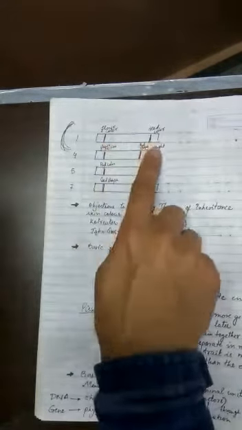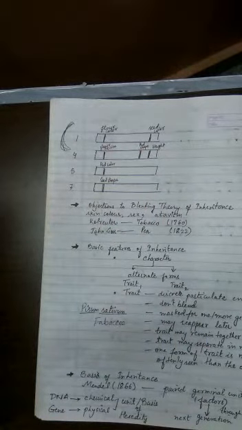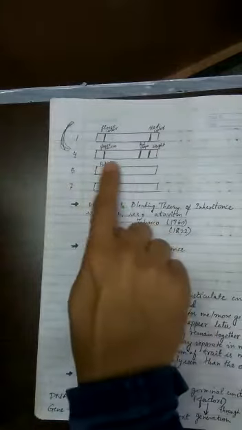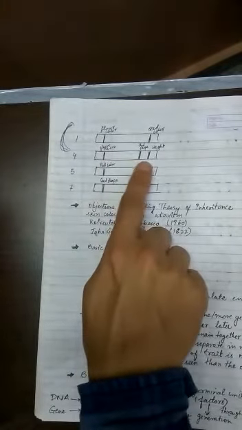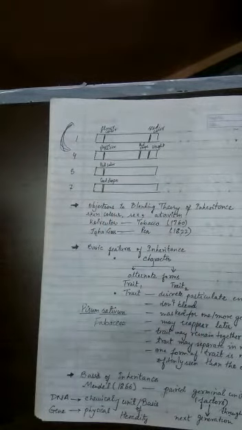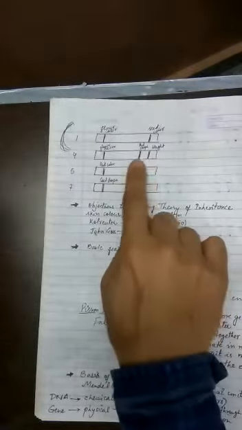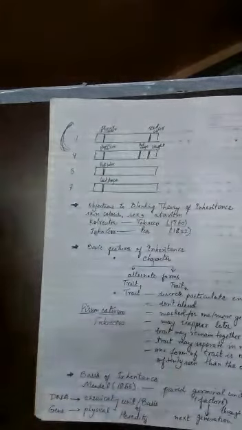But when two genes are present on the same chromosome, like in the case of the first and the fourth chromosomes, if you study the inheritance of these characters, then they are called linked genes. So what will happen in the case of linked genes? The ratios in the dihybrid F2 generation will not come out to be 9:3:3:1. It may come out close to 3:1. Reason is what? These two characters do not separate from each other.